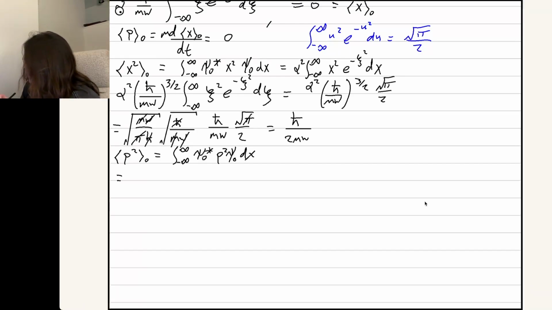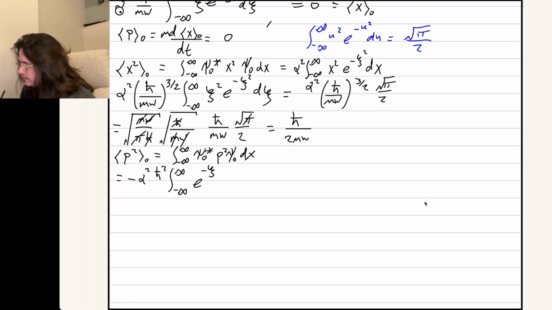So now it's minus alpha squared h bar squared. We have the integral from minus infinity to infinity, and then we have the wave function, which is e to the minus c squared over 2. And then also the second derivative with respect to x, of e to the minus c squared over 2,